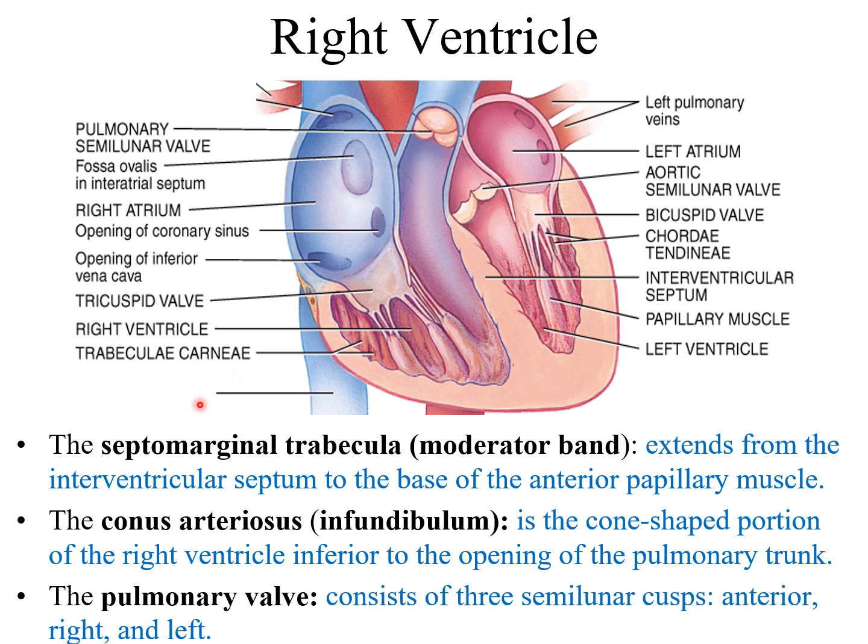Now we have talked about septomarginal trabeculae, or the moderate band, which extends from the interventricular septum to the base of the anterior papillary muscle, as we saw in the previous slide. So we have a specialized system of the heart which is known as the conducting system of the heart. In the next lecture on blood supply and conducting system, we will talk more about it.